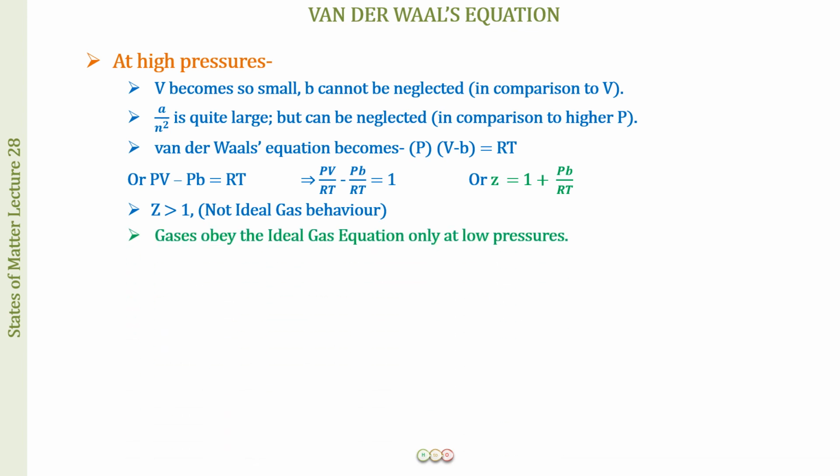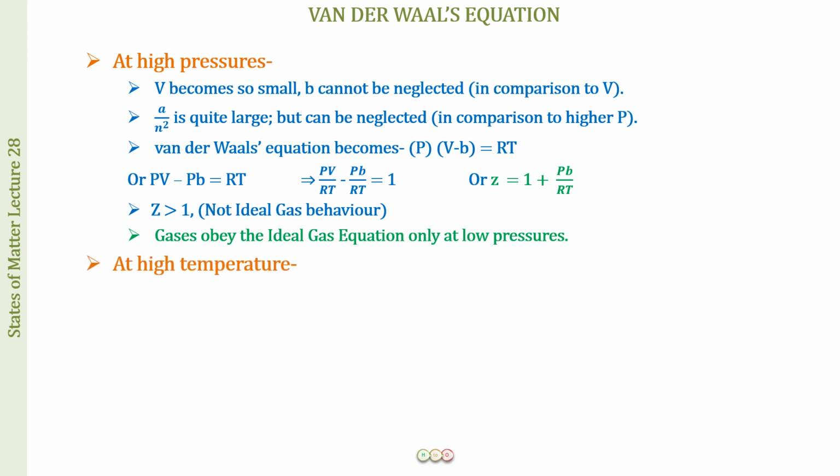So the gases obey the ideal gas equation only at low pressure. At a moderate pressure, it is going to be Z less than 1. It is going to be a negative deviation. The value will keep on decreasing up till a certain minima, then it will start increasing, and then it will cross the ideal line again, and then it will move for Z greater than 1, and it will keep on increasing as we increase the pressure further.